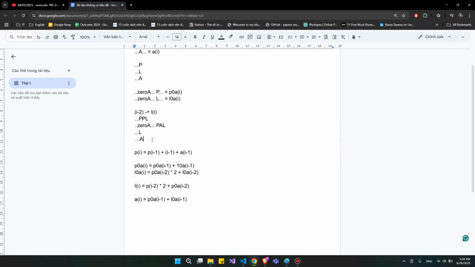If we have A at P minus 2, we can get LPLI by APL or ALL, not AL, right? Because you have only one A in the record, so A that I is equal to,